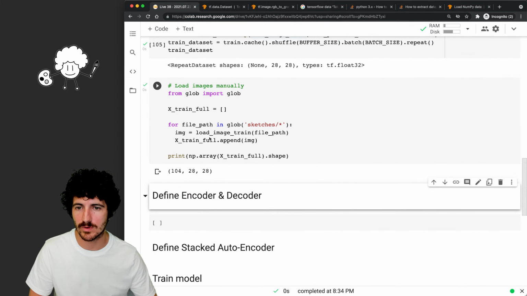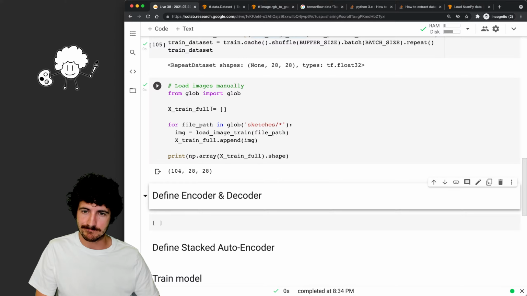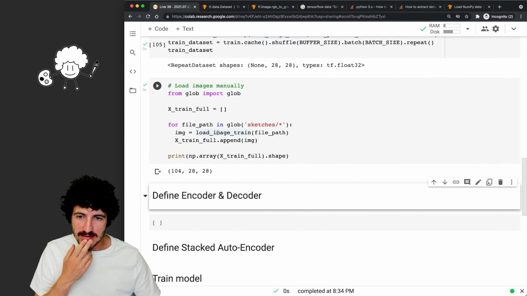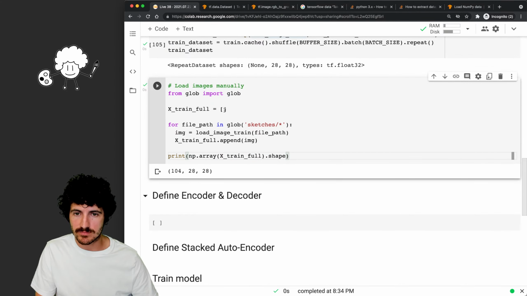All right, so this is what I wanted to do. I wanted to try to do it with the tf.data library. And once we have this, these are also black and white. These are the type that we wanted. And so we could say